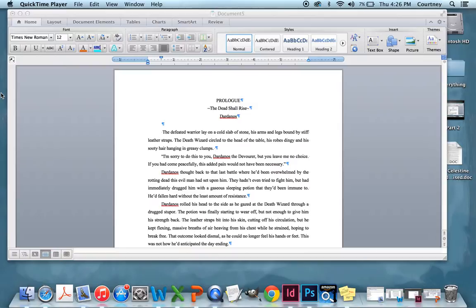While this is just fine, where it says Prologue, and then it has the subtitle, The Dead Shall Rise, and then it also has the point of view. I think that's Dradnos, I'm not sure exactly. But you can keep these this way, that's fine, but I've always liked to pizzazz them up a bit because